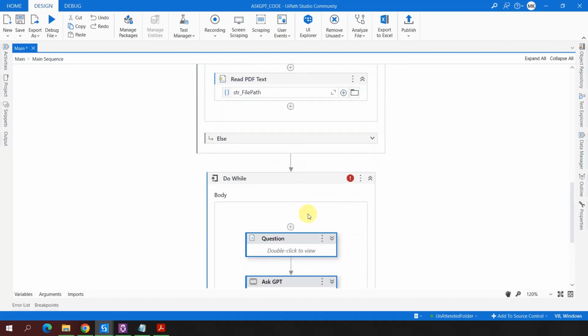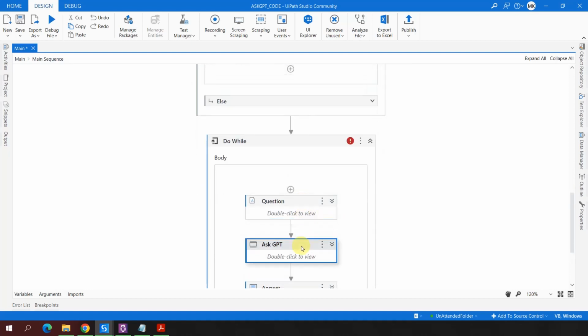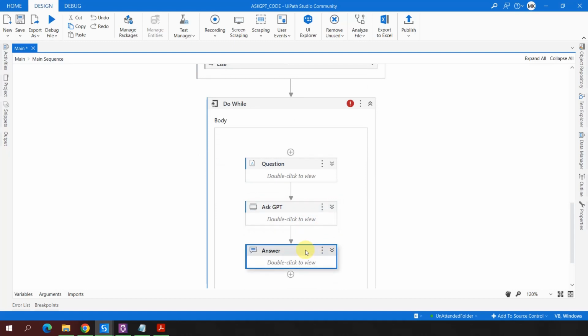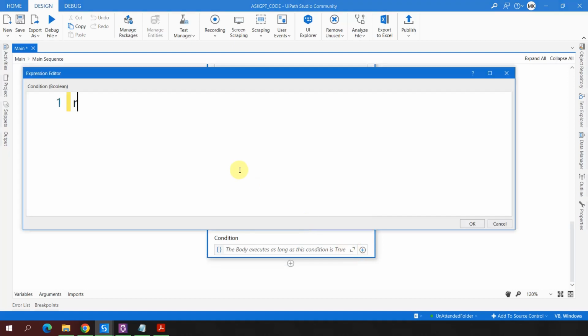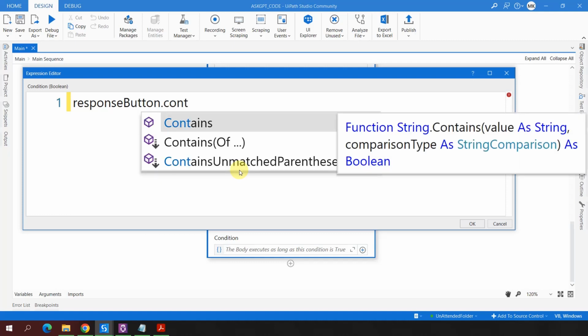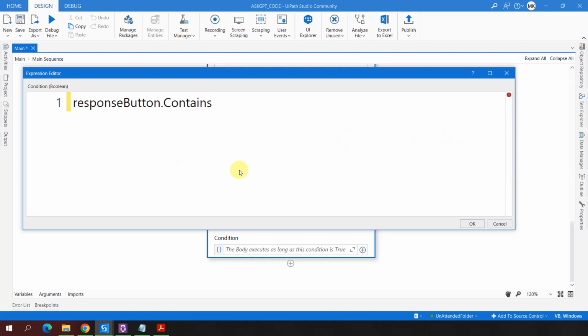Okay, so in the do while, now I have the question, I have the ask GPT, and I have the answer. But when do we have to stop? We have to continue this thing. See, the body executes as long as this condition is true. Now, what is our true condition? You remember the response button. This is the response from the message box. If it contains